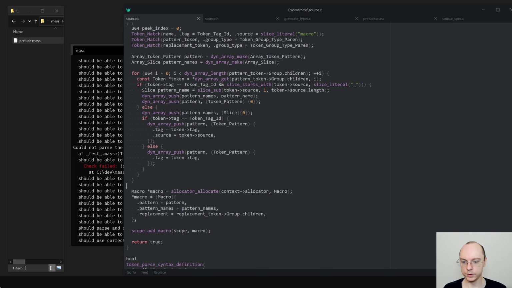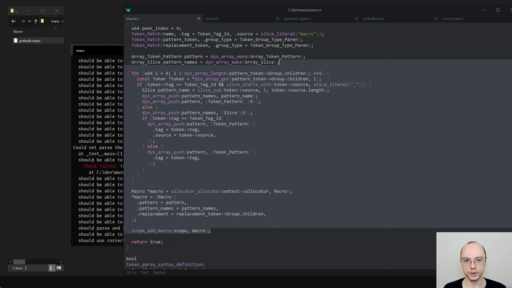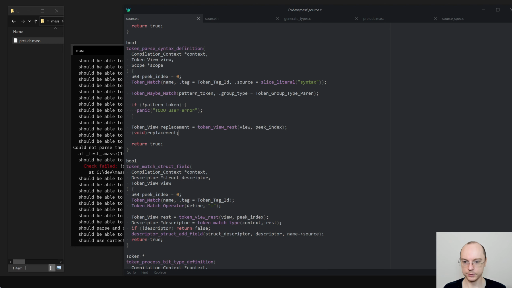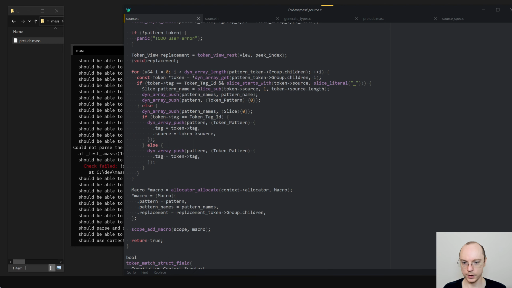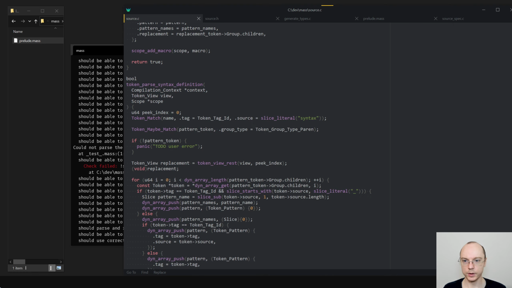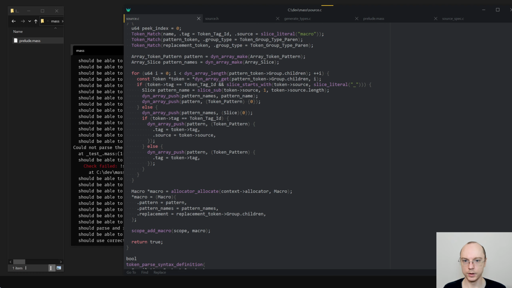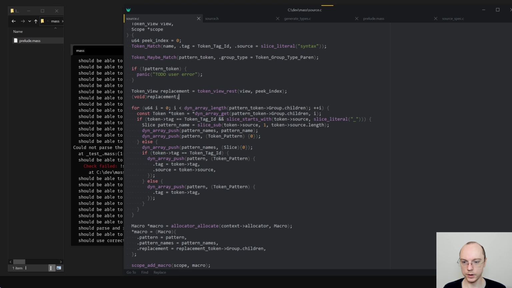We will only need to change slightly how this works. Okay, so pattern token. Okay, pattern names.